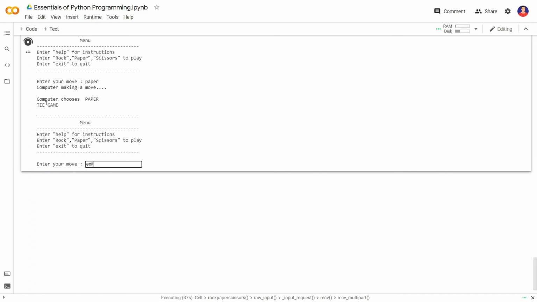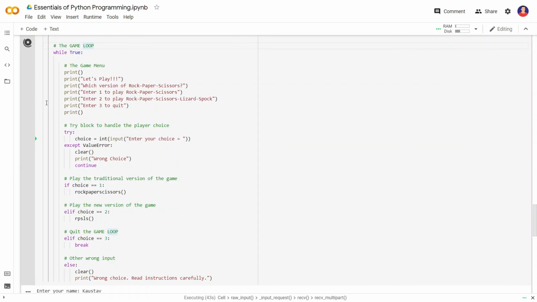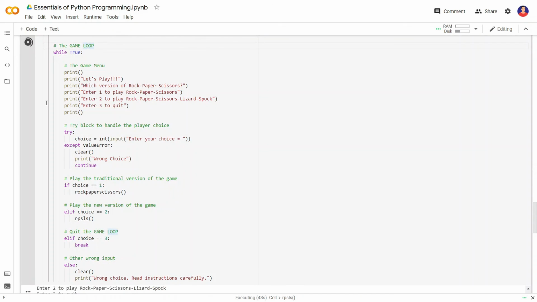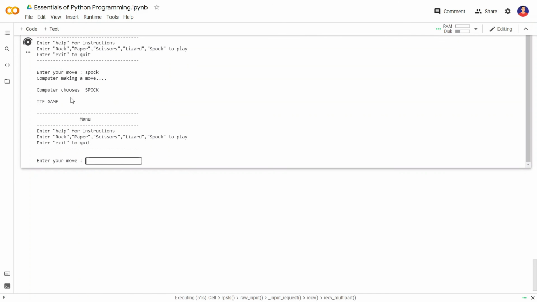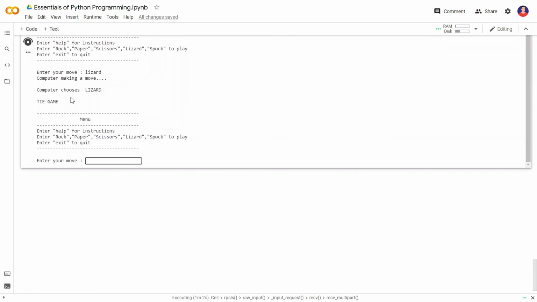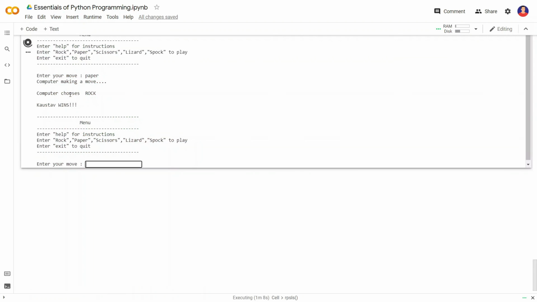Now let's exit to the main menu and play rock paper scissors lizard Spock. So let's do it. Enter Spock. And we can see the lizard result here, that is the game is a tie. Now let's enter lizard, and the game's a tie again. Now let's do paper again, and we win finally. So that is all about the essential concepts of Python programming that we have to visit,